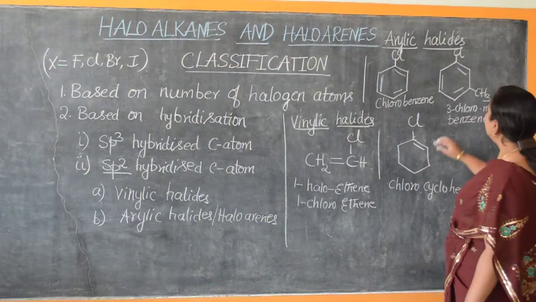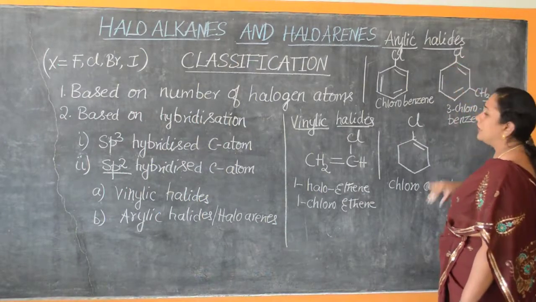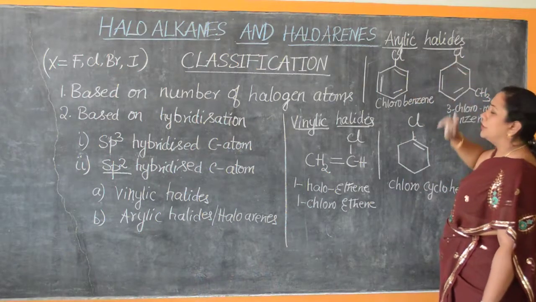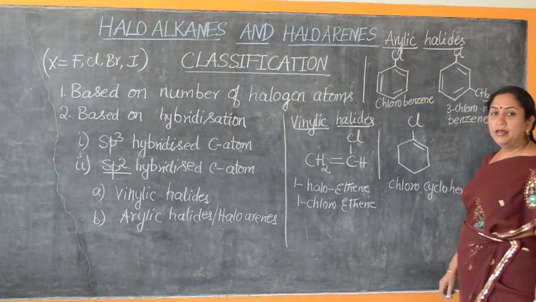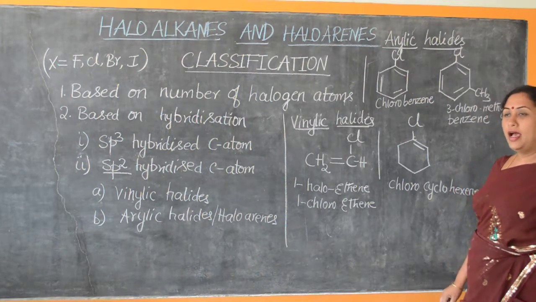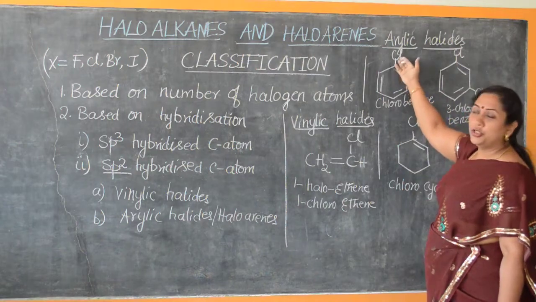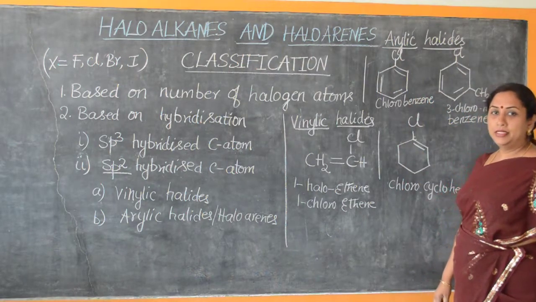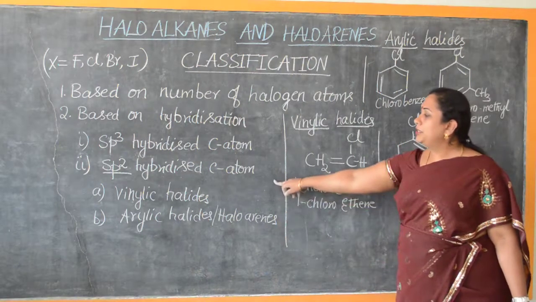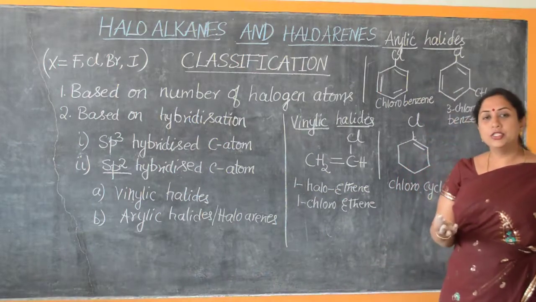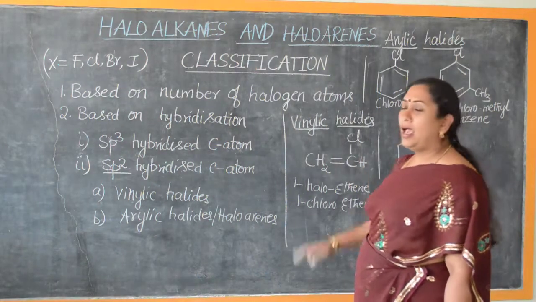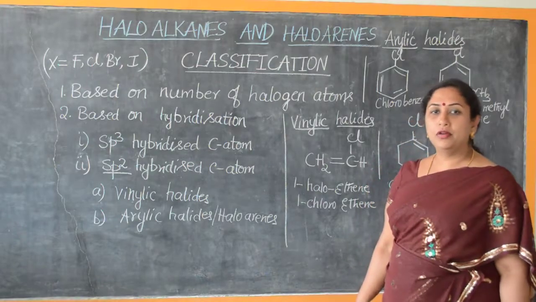So like this, we see that the halogen atom is directly attached to the benzene ring, wherein the carbon atom to which the halogen is attached has undergone sp2 hybridization. That is the necessary condition. The carbon atom must have undergone sp2 hybridization, and the halogen should be directly attached to the benzene ring. With that we complete the classification about sp2 hybridized carbon atoms. In my next video lesson, I will be covering the further different types of haloarenes. Please watch the video for better understanding.